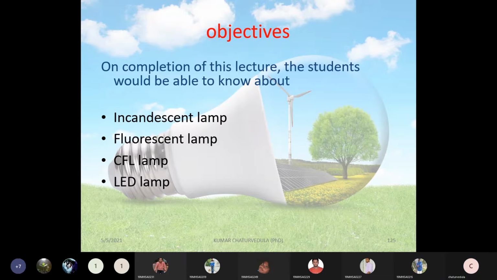But prior to LED lamps, I thought of having a discussion regarding the journey of lamps, so that you will understand the different lamps in the examination papers. Previously they have asked questions regarding the fluorescent lamp and incandescent lamp also, so all these things will be covered. Even though they are not mentioned in the syllabus, since the questions are asked in the examinations, I am discussing them here.